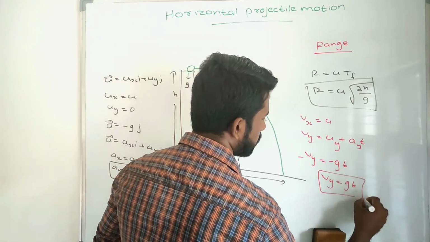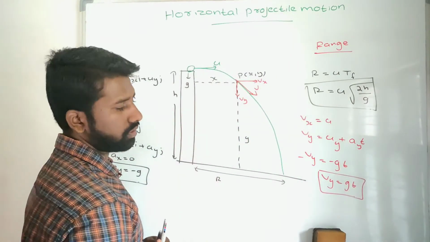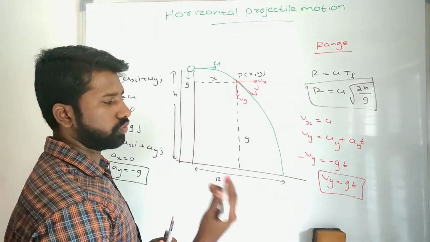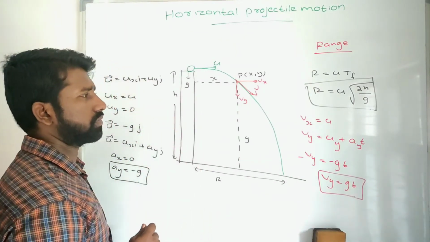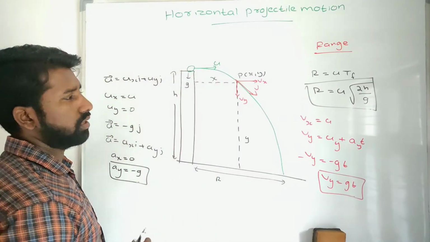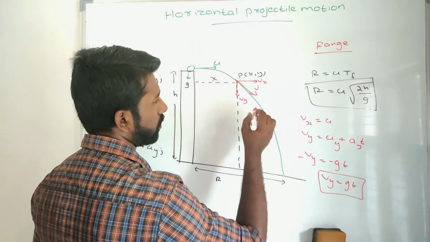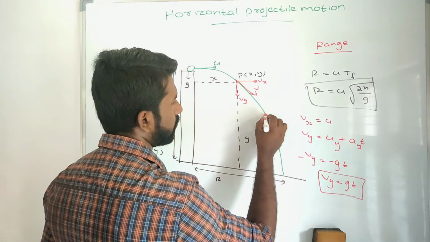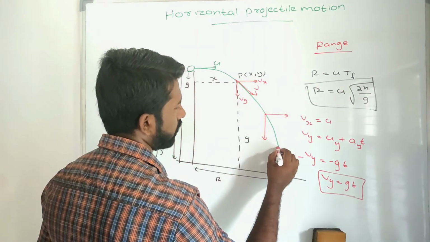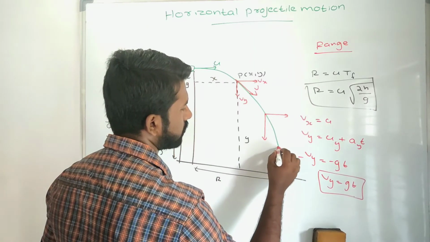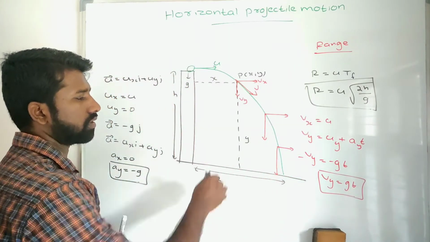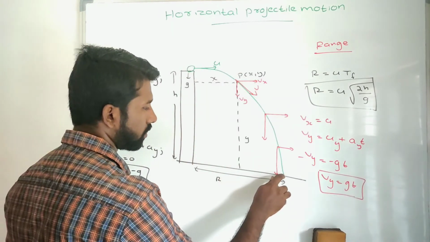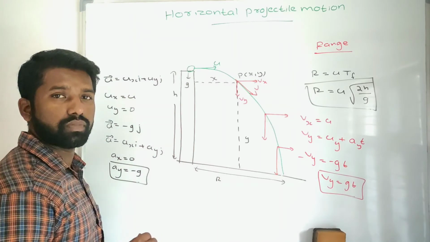So you see this, if t is equal to 1, Vy is equal to g. If t is equal to 2, Vy is equal to 2g. So each time the vertical component of the velocity increases, but the horizontal component is constant. If I consider a point here like this, again the vertical component is larger. So each time the vertical component of the velocity increases, and it strikes the ground with the maximum velocity.